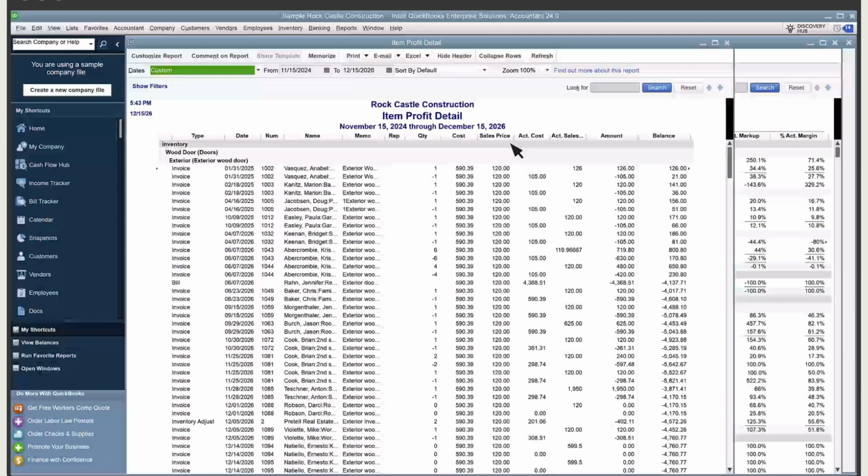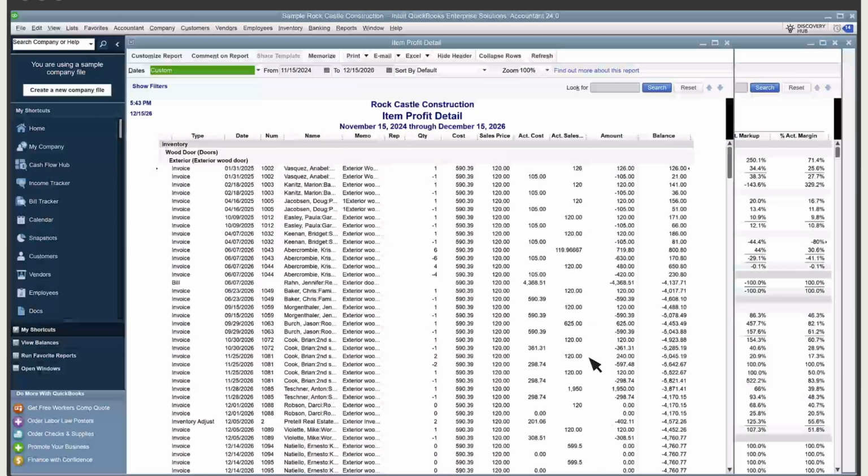One reason a product or service might underperform or present unexpected results is a difference between the cost and sales price you set up and the actual cost and sales price on transactions. This report shows the cost and sales price you saw earlier, so you can compare it to the actual cost or actual sales price that was entered on transactions. That way you can see if any transactions were recorded using a sales price or cost that's different from what you set up when you created or last updated the item.